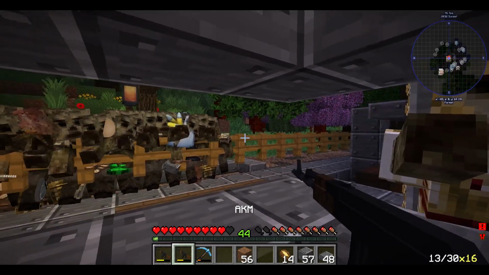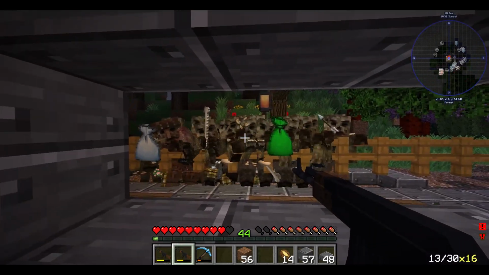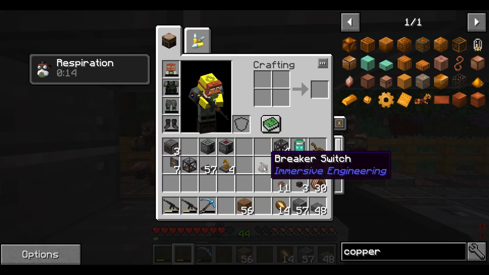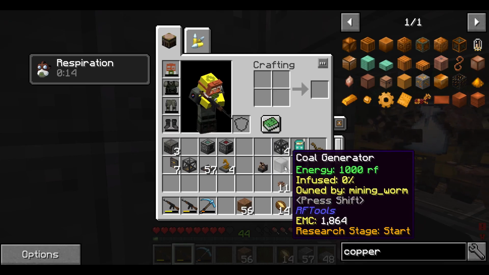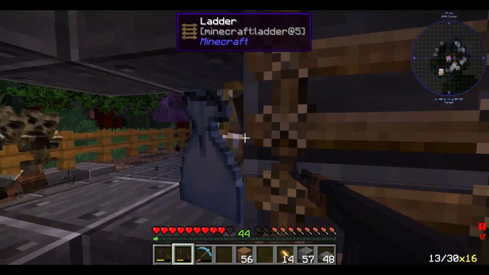Yeah, because they're gonna continue to build up. We've got so much pollution out there, but we can make our own little mob farm here, and we'll put a breaker on it to turn it on and off. And just use a coal generator. I think that'll be enough. We don't need much power, just enough to zap them. So